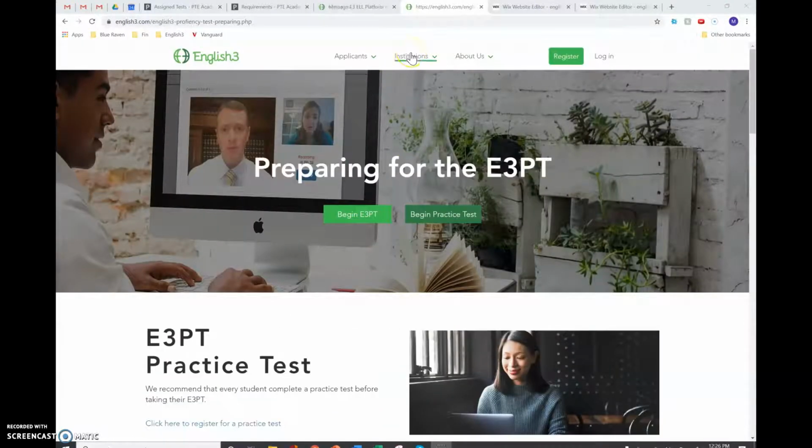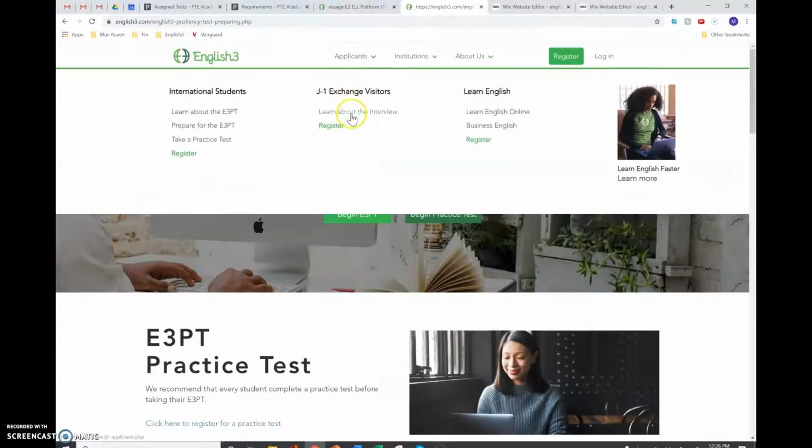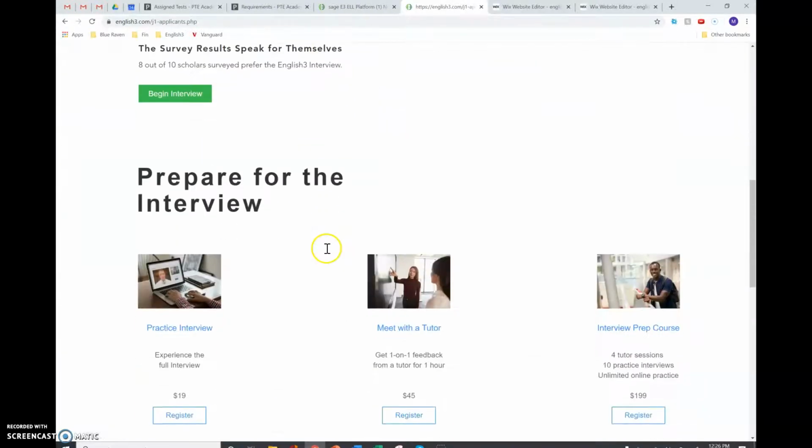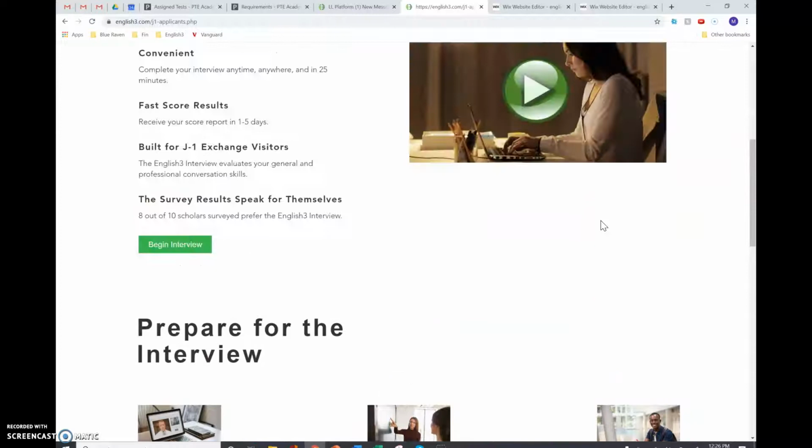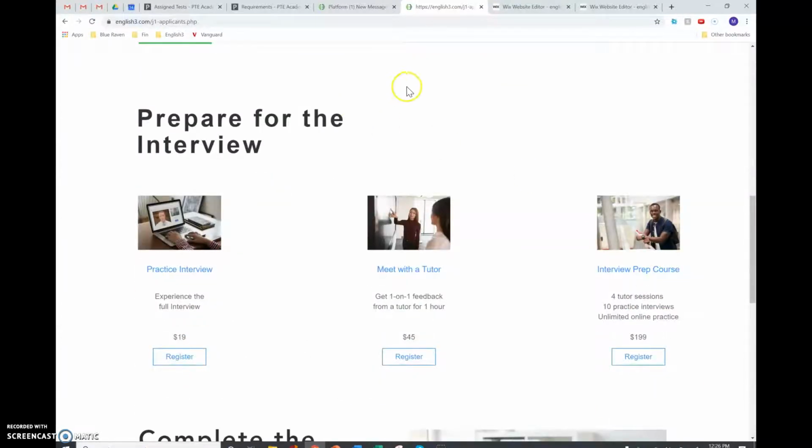So if you look at the applicants page for learn about the interview, and you scroll down, you see the prepare for the interview section, and it gives different resources: practice interview, meet with a tutor, interview prep course. So what I would like to do here is add this section